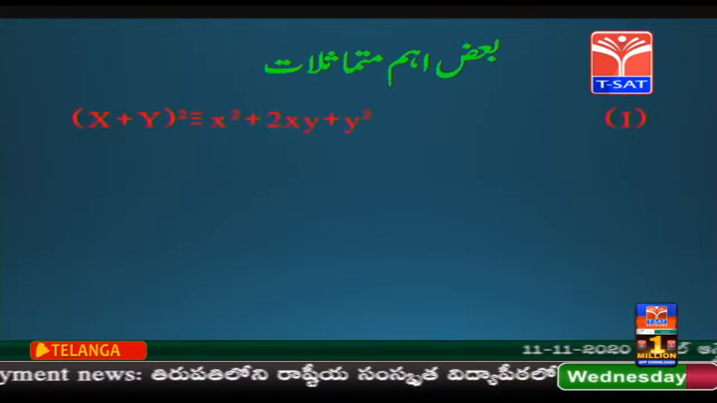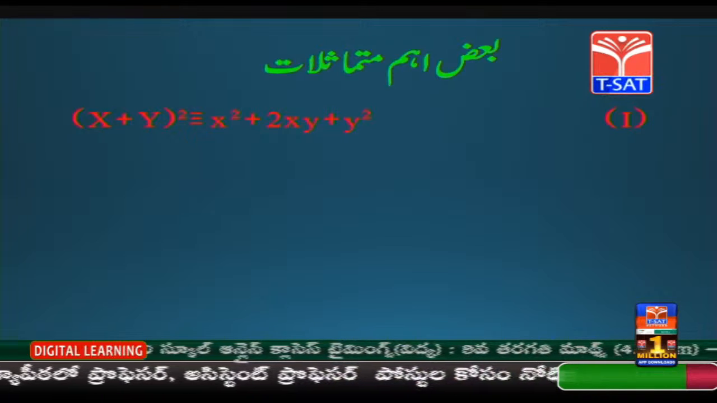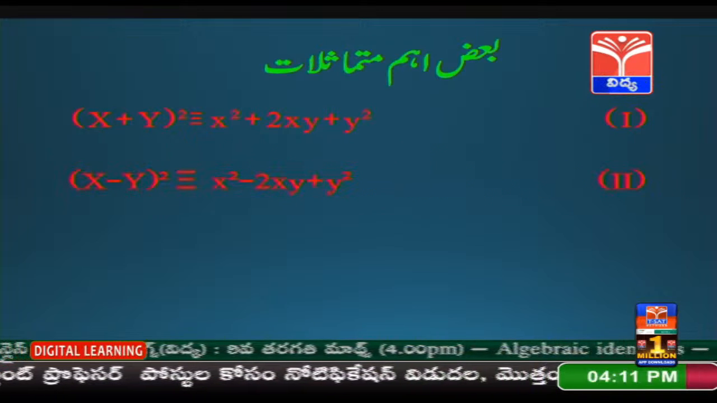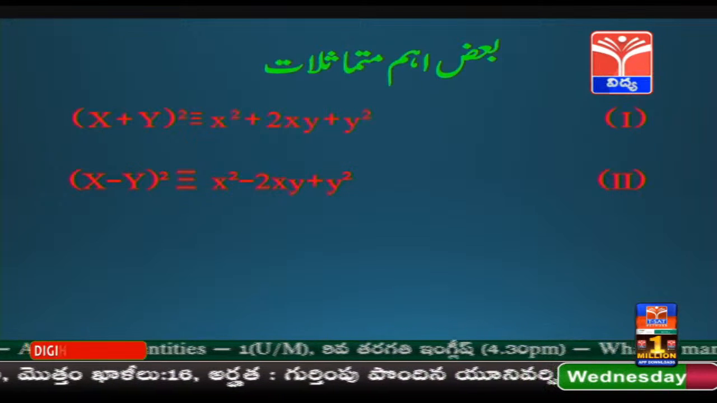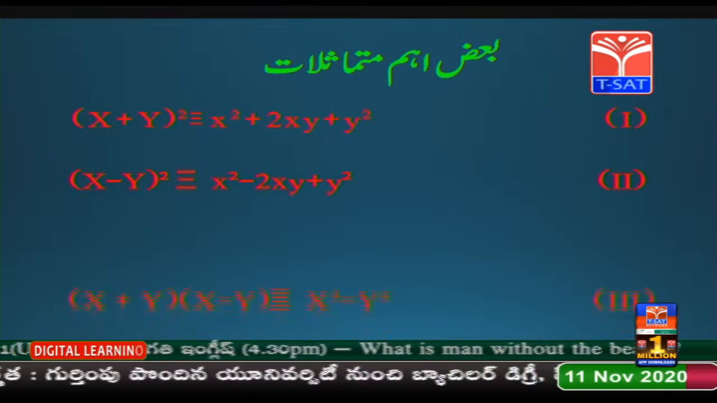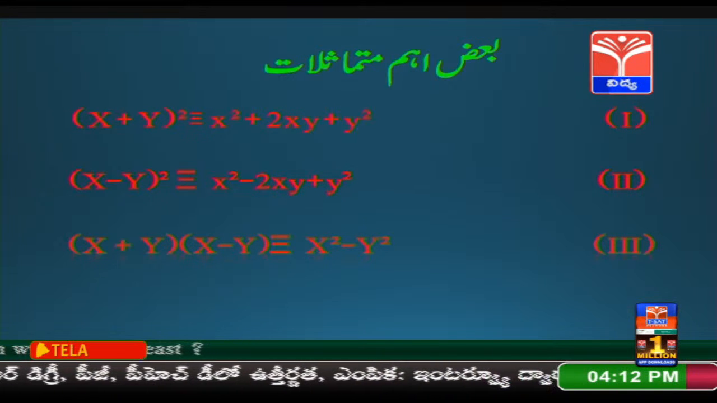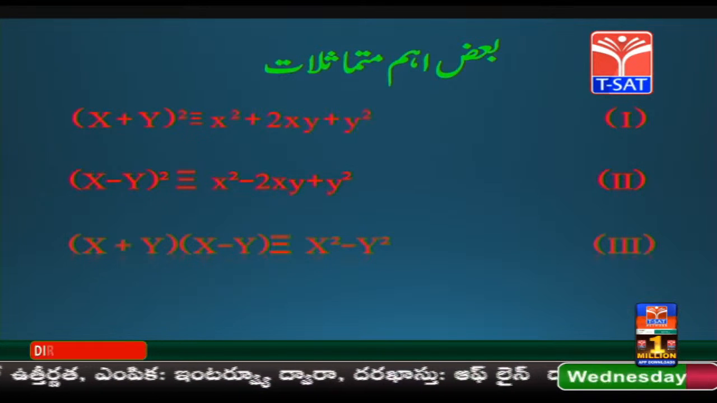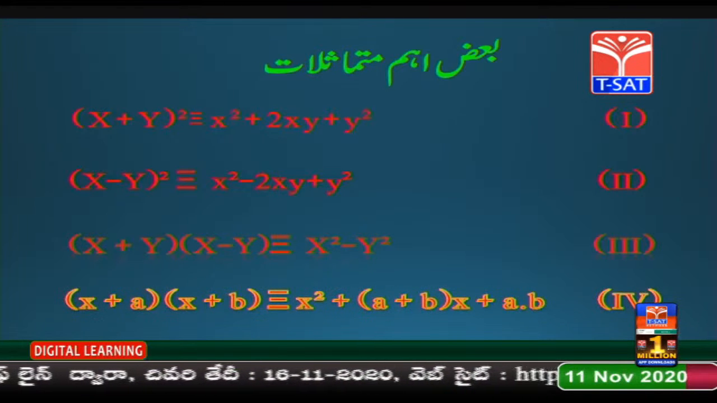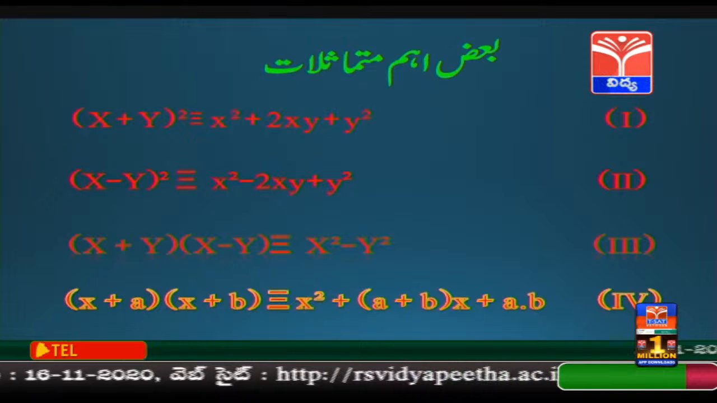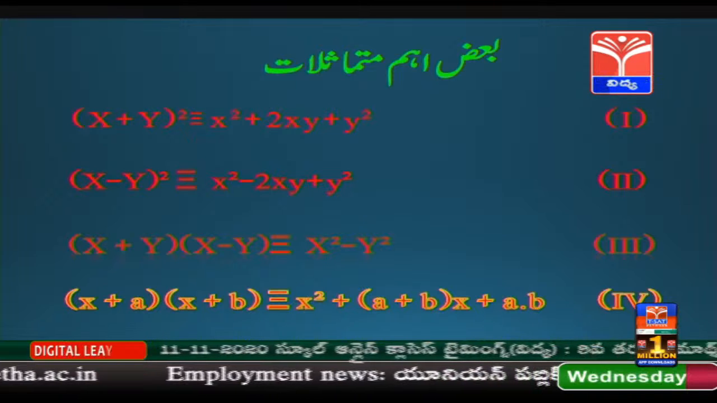x جمع y کی دوسری متماثل ہے x کی دوسری جمع 2xy جمع y کی دوسری۔ یہ دوسری متماثلہ: x مائنس y کی دوسری متماثل ہے x اسکوائر مائنس 2xy جمع y کی دوسری۔ یہ تیسری متماثلہ ہے: x جمع y ضرب x مائنس y مساوی ہے x کی دوسری مائنس y کی دوسری۔ یہ چوتھی متماثلہ ہے جو جماعت ہشتم میں آپ لوگوں نے سیکھی تھی: x جمع a ضرب x جمع b مساوی ہے x کی دوسری جمع a جمع b ضرب x جمع a ضرب b۔